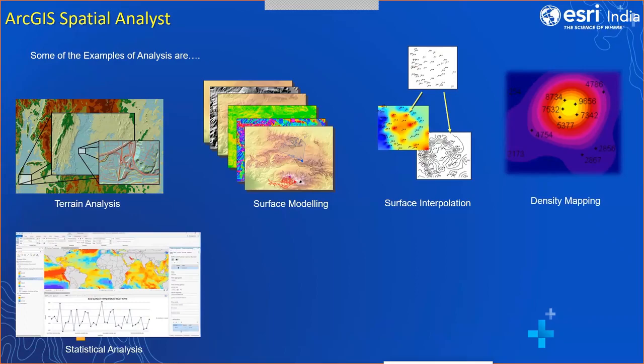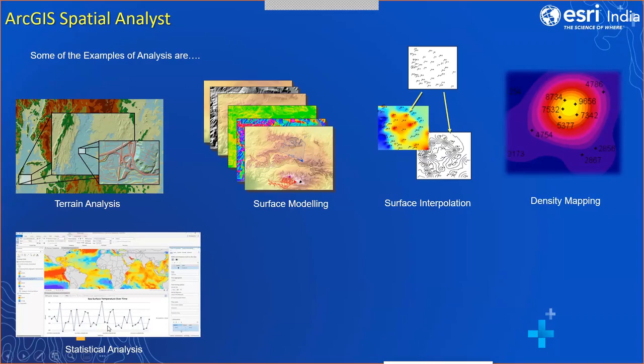That is how, let's say if it is land use and land cover, you can see the statistics, like how much area is occupied by a certain class value. And if it is temperature, you can see graphs like this, you can create histograms and all this to see how your data is varying